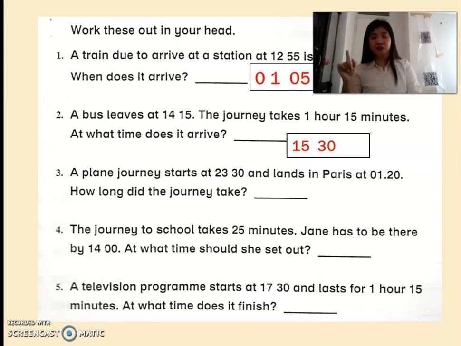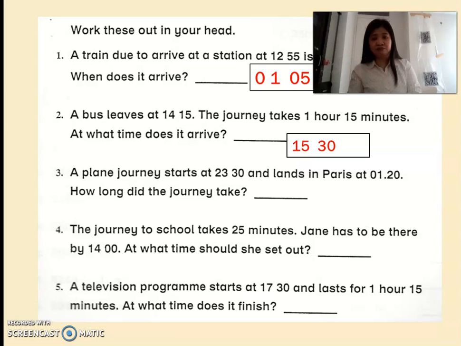So, 00:30, that is 24:30. Then it landed in Paris at 1:20. So, from 24:30 or 00:30 to 1:20,